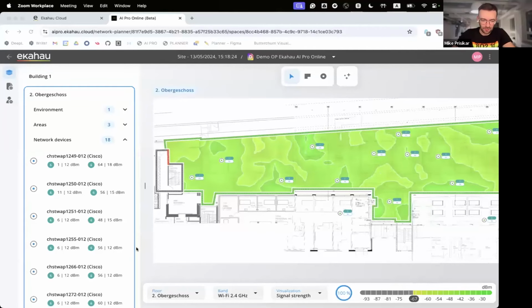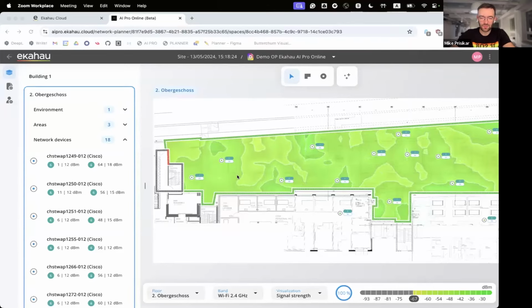Now let me just try to show it in real life, because I guess it's going to be more fun just to take a look at the real thing, right? But hey, guys, thank you very much for such beautiful slides. Okay, here we go. I guess now you should be able to see my screen. Yep, that's the AI Pro Online. Fresh, and here it goes.